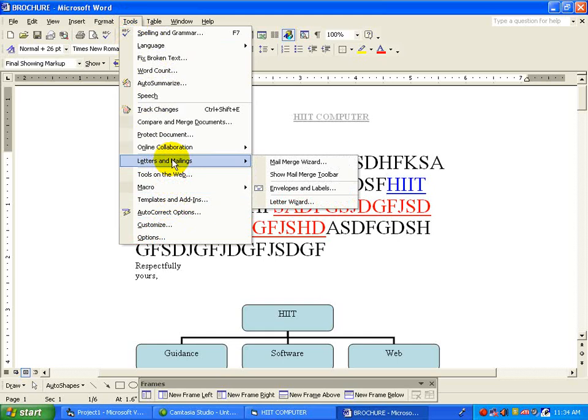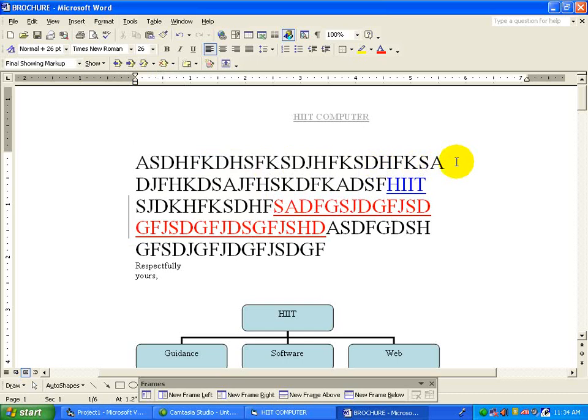The next feature in the tools menu is letters and mailings. How we can join two documents and create a mail facility with an existing table document.